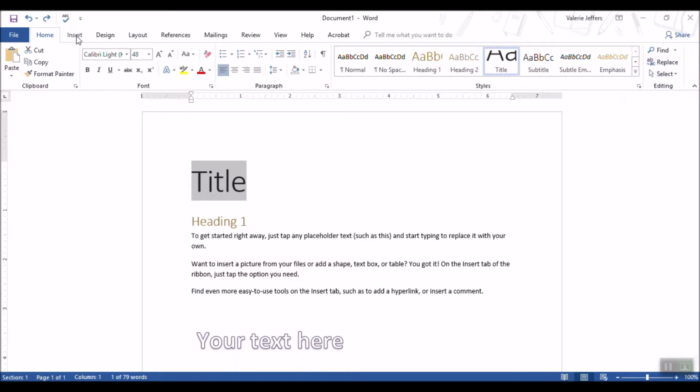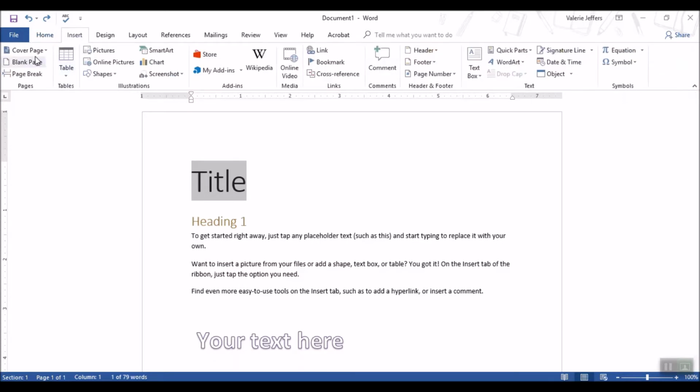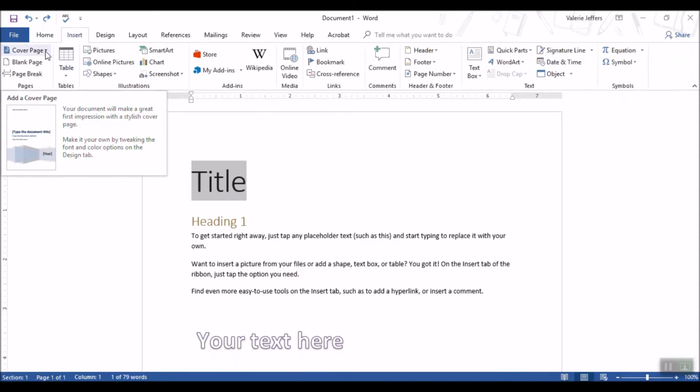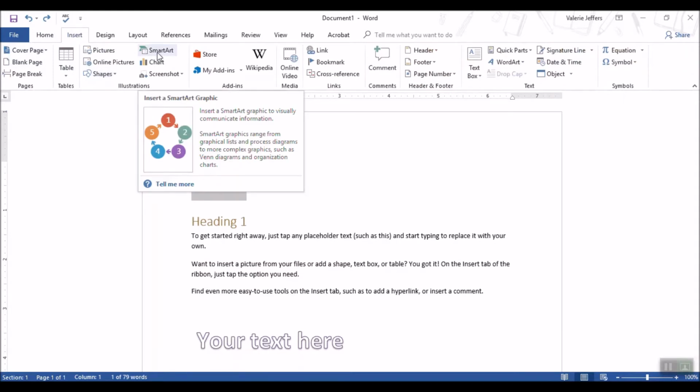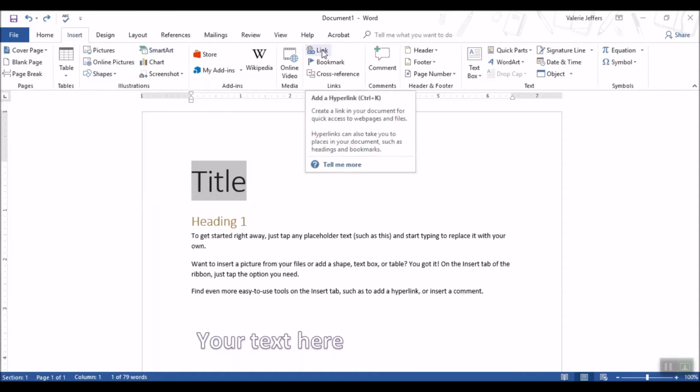If I go to my Insert tab, I can add a cover page, a blank page. There's other features. I also have my SmartArt I can add, my hyperlink. If I'd like to make a bookmark, I can do that here. Header, footer,